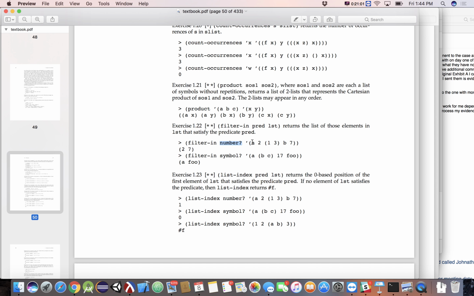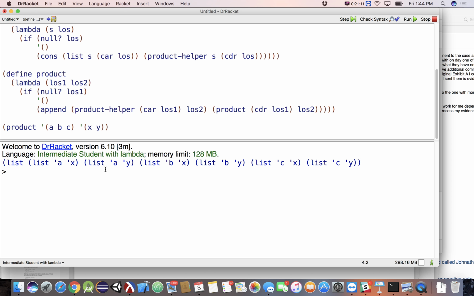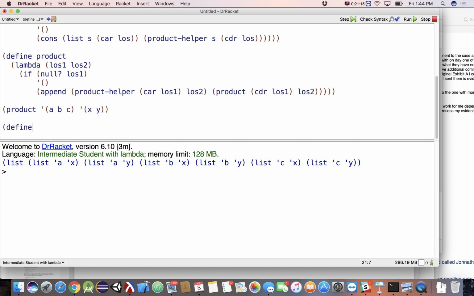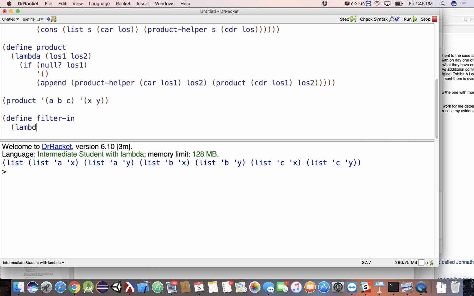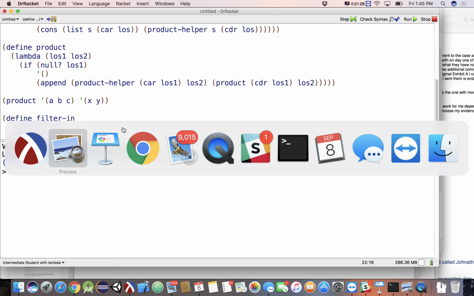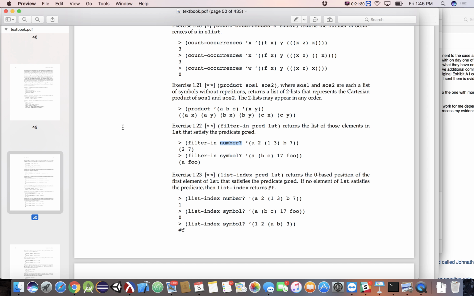All right, and it's supposed to return a list of any element in the first list that satisfies the predicate. Let's define filter in to be a lambda that's going to take in a predicate and take in a, is it a list of symbols or a list of numbers?